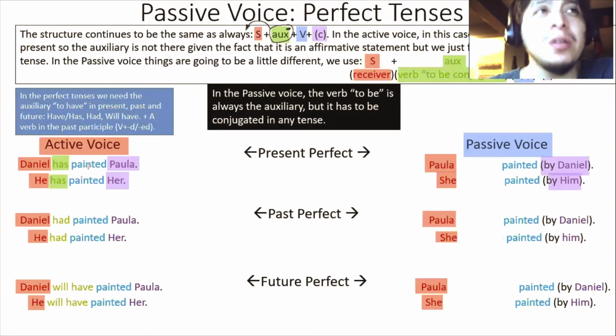But that's pretty much it. We use it for experiences and for unfinished actions, okay? Things that you have done maybe one time, maybe 2 times, maybe 3 times, or I don't know, 1,000 times. It's not really important. It's for things that you have done or you haven't done. That's pretty much it. Also, we know that the auxiliary of the present perfect is always the auxiliary to have, but obviously in the present,